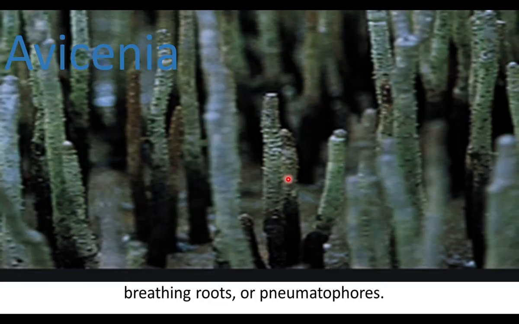In Avicennia, the roots grow above the soil. They have holes on the surface. Through the holes, breathing takes place. The holes are called pneumatophores. In Avicennia, respiratory roots grow above the soil. They have pores or holes. These roots are called breathing roots. Here the modification is useful in breathing.